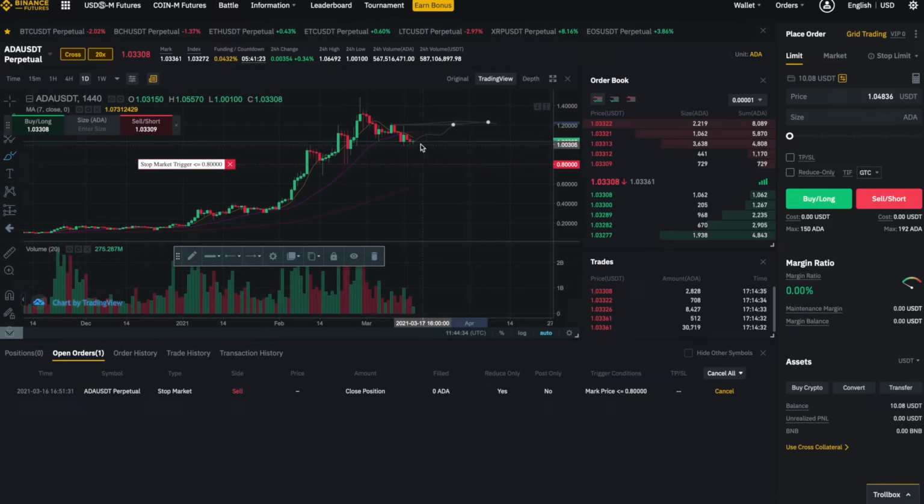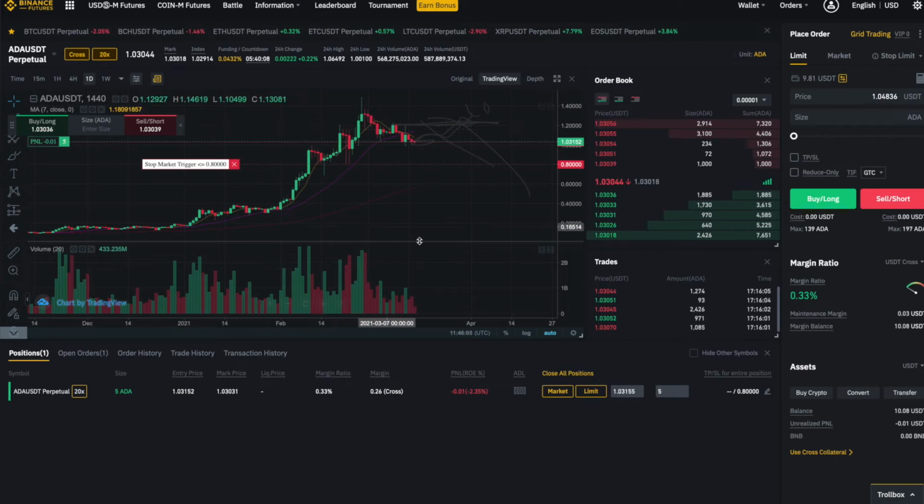Now imagine you entered a sell trade at this level, which is at $1, and you want to restrict the loss. For that, you can use a stop loss limit and set it wherever you want. So let us say you set a stop loss order at $1.20. That means you want to get out of the trade as soon as the trade hits $1.20, and you want to restrict the further loss. So when the price moves up to this level, your trade will automatically get closed with a loss if you set a stop loss order at this level. I hope you understood what stop loss and take profit is.